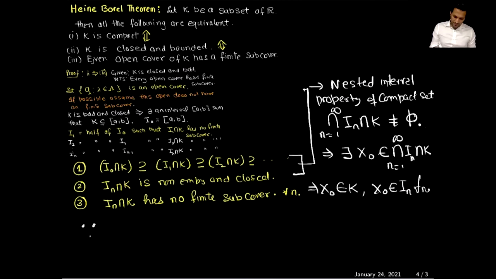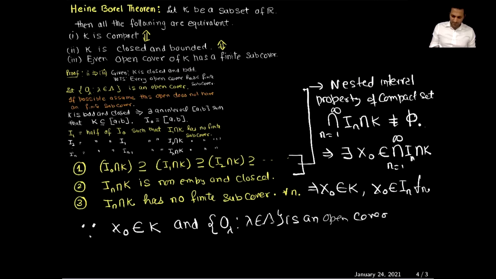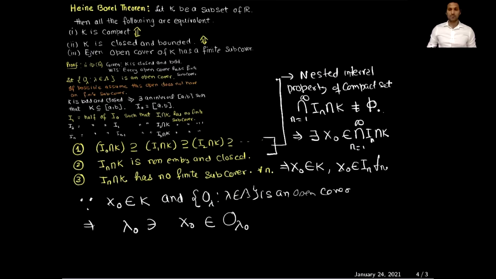Since x0 belongs to K and this collection, lambda belongs to capital N, is an open cover, this implies there exists lambda 0 such that x0 belongs to that open interval. Also observe